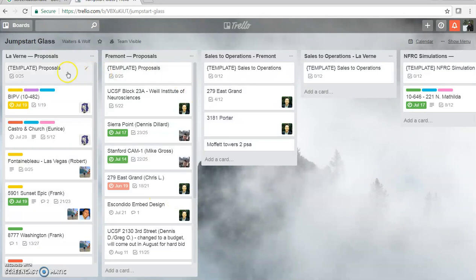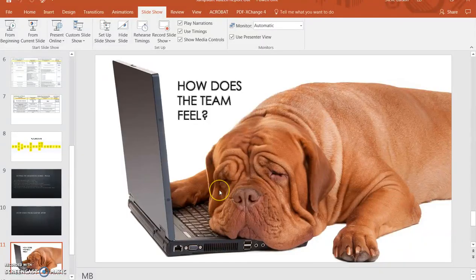Nice visual board. You can see everything that Laverne's working on. You can see everything that Fremont is working on. The little faces are like who's working on that. Some of our big takeaways from this: all 3 packages will be done at bid time for all projects that we have hard bids on and jobs that are getting ready to be sold and moved over to operations. All 3 packages will be complete. We'll have clear visibility on everything.